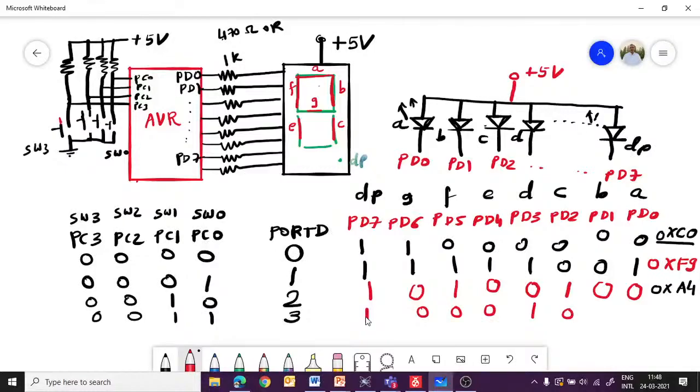So my code corresponding to A will become what? 0x88. That will be my code corresponding to A. Is it okay? Is it clear or not?